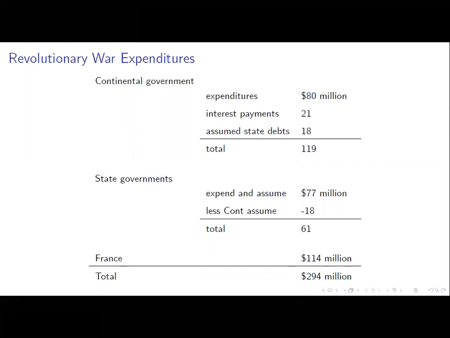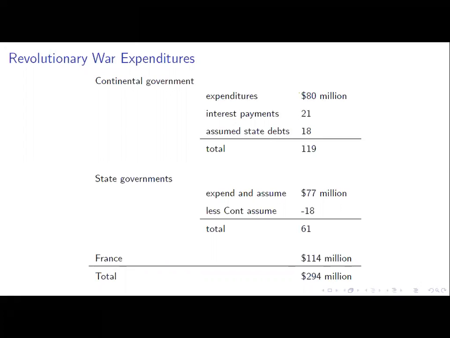The state governments will have spent about $77 million plus assumptions of continental obligations. 18 million of that will be transferred over to the continental government in 1790, but you'll see that roughly a third of the domestic costs of the government is going to be incurred by the